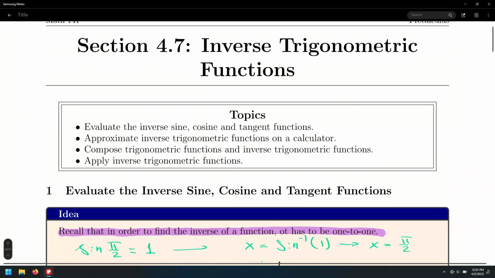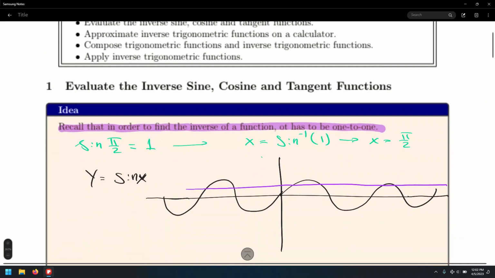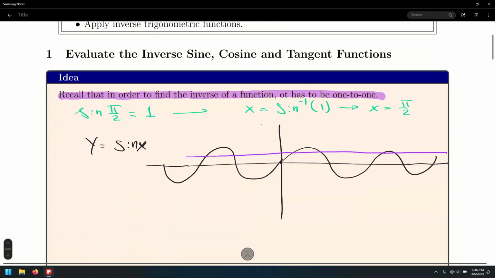Discussing the inverse trigonometric functions. Well, the fact that we are going to come up with new inverse functions implies the existence of a function that has to be one-to-one in order to be invertible. All right? Last time we looked at one example for the sine function,